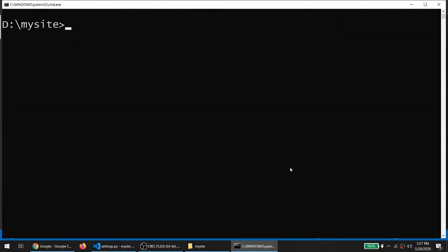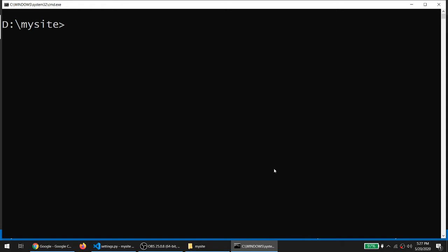First clear the screen, and then we write a command to create an application. Now what is an application? An application consists of a view file, HTML files, and we can specify the URLs.